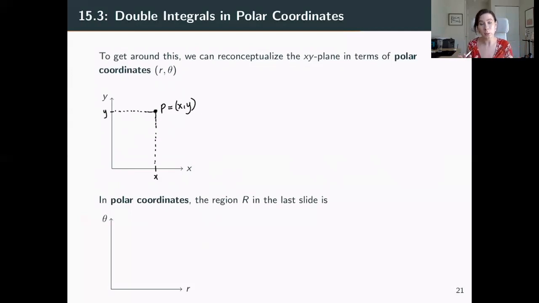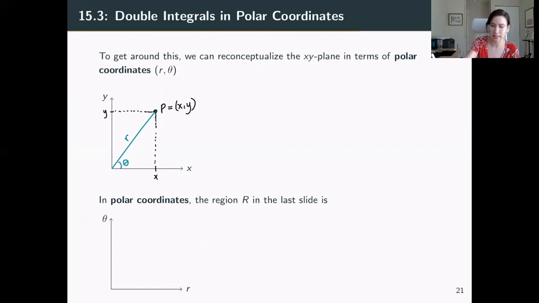But we have a different way to determine where this point is in space, and we do that by looking at the line that is connecting P to the origin. This line can be uniquely determined by, first of all, the length of the line. We'll call that length r,